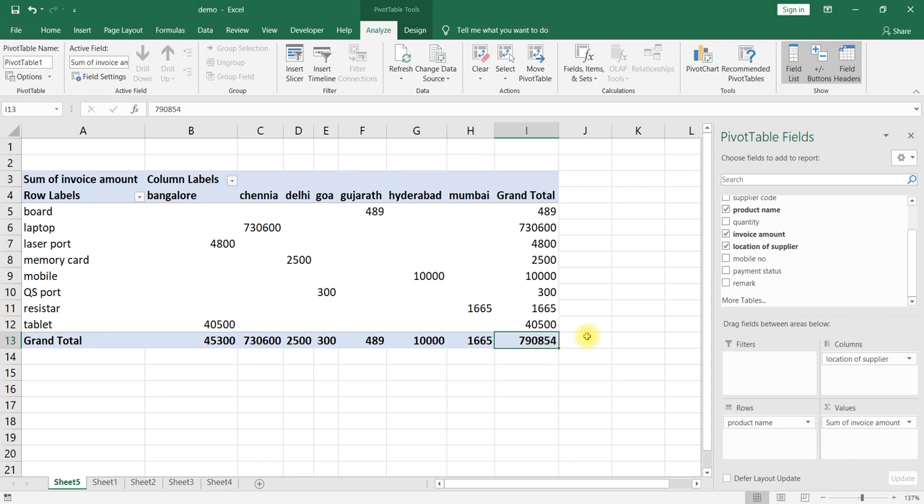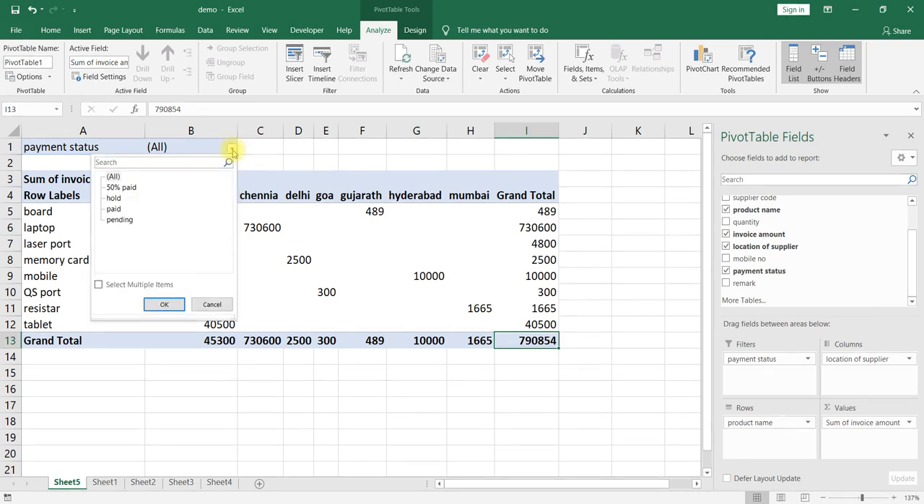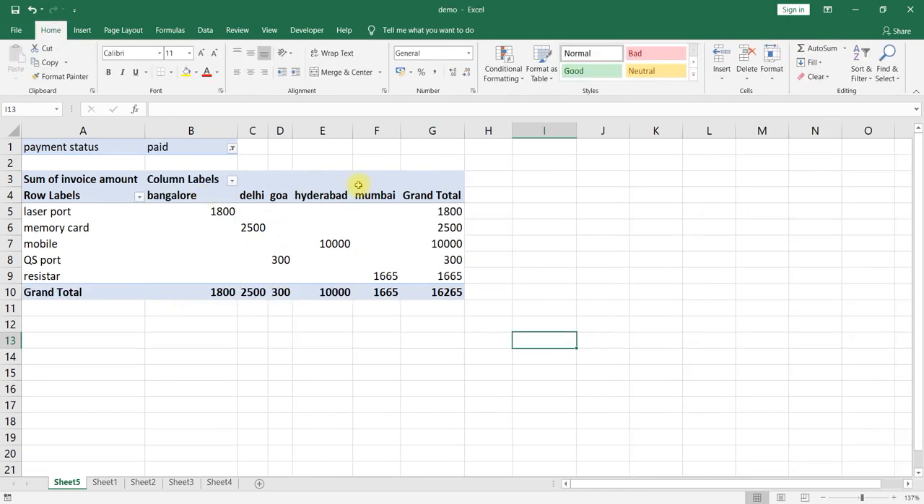Like that we can filter, for example, payment status. I will take it to filter. How will it help? For example, I will go here, all are selected. Instead of that, we'll drop down and select paid amount, to know about the paid amount. This is about the paid amount. How much have we paid? 16,265 rupees paid. For which locations we have paid is shown here, as well as product wise